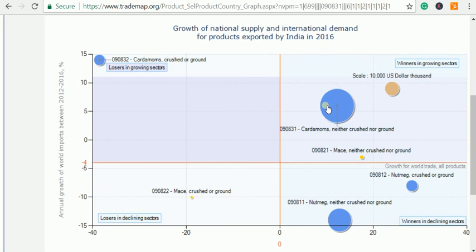Please use this exercise and check whether you have chosen a good product, if your product is a winner product or a loser product. In such case we can change the product, or if we study the reason why this has been failing in the international market, we can mitigate the risk or we can find out another option to